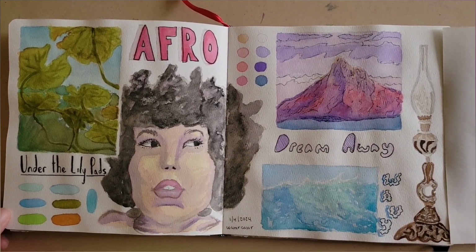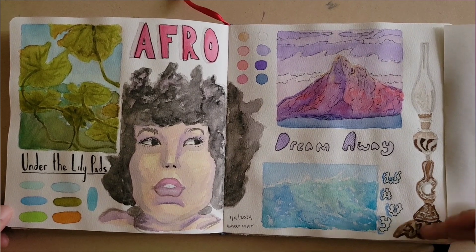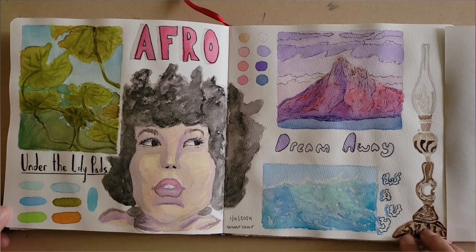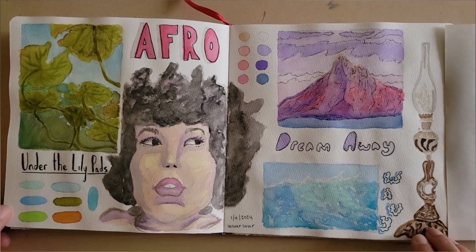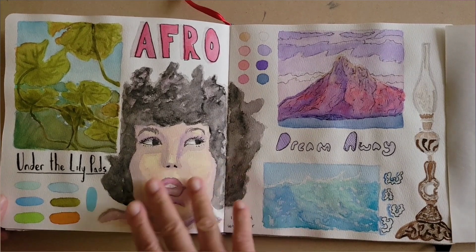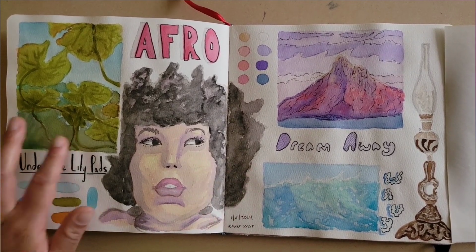That's like a colorful mountain. That candelabra thingy, I don't know what that is, but it's like vintage and old. And I wanted to try out all the details that were in it. It kind of looks cool. I did another portrait, and yeah,